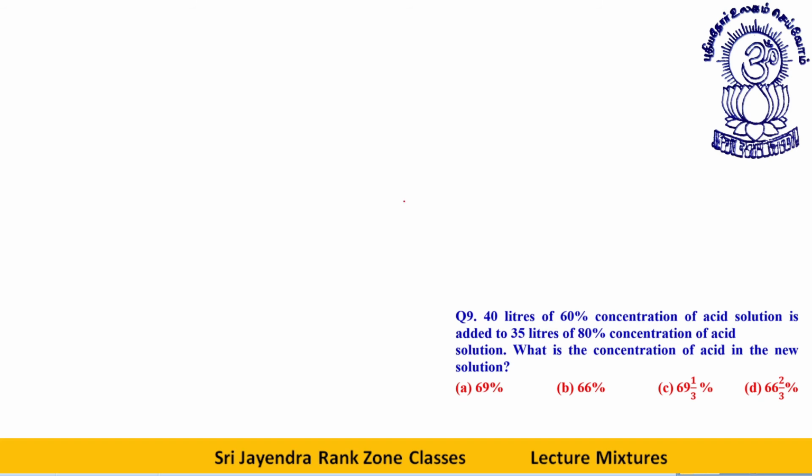40 liters of 60% concentration of acid solution is added to 35 liters of 80% concentration of acid solution. First of all, we have 40 liters with 60% acid. Then we have 35 liters with 80% acid. What is the concentration of acid in the new solution? Acid in the new solution is...